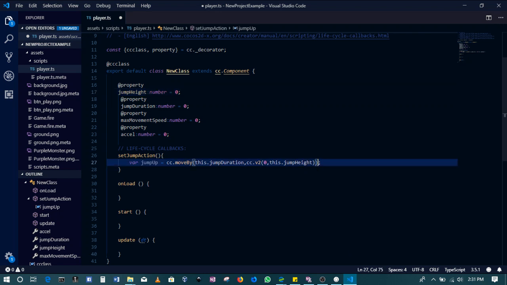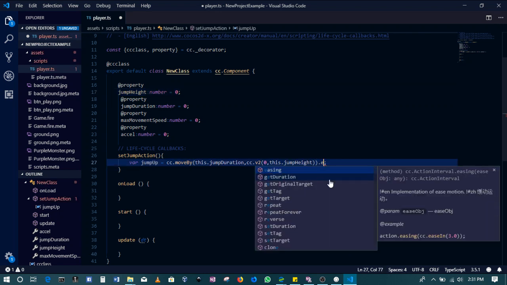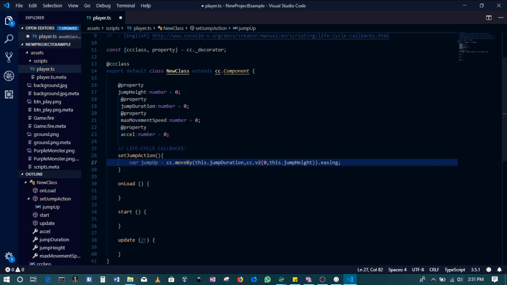So when we do that, we can then add an easing function. Easing functions help to remove the abruptness, all right, of a movement. You could use an easing function to make it smoother, all right, instead of having an abrupt movement. Okay,